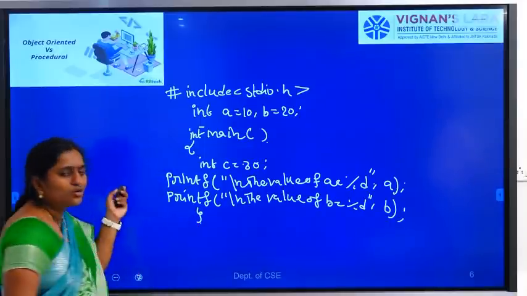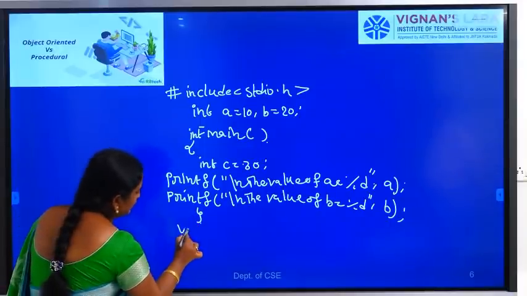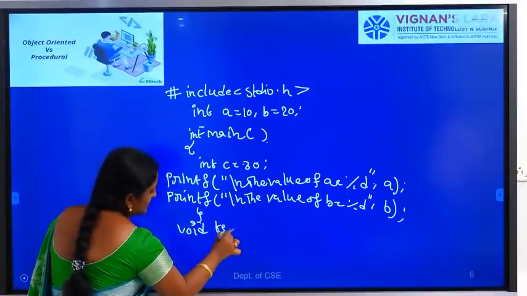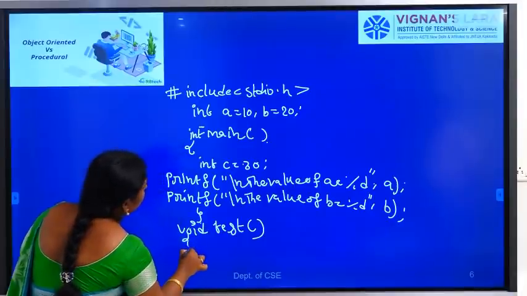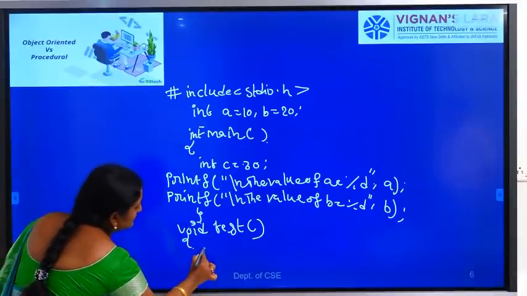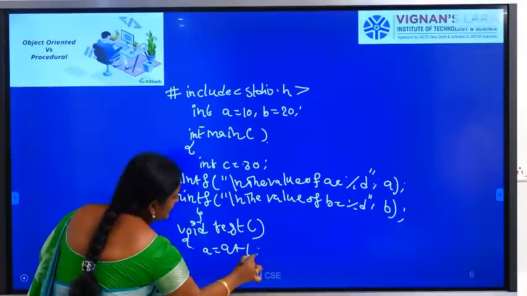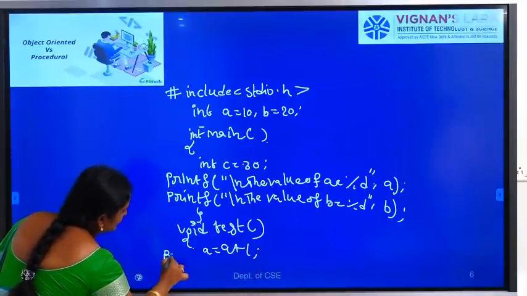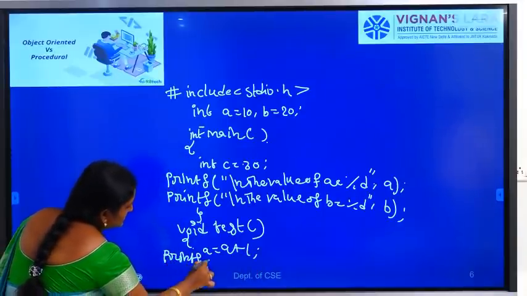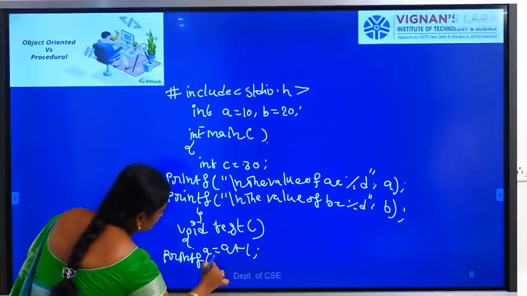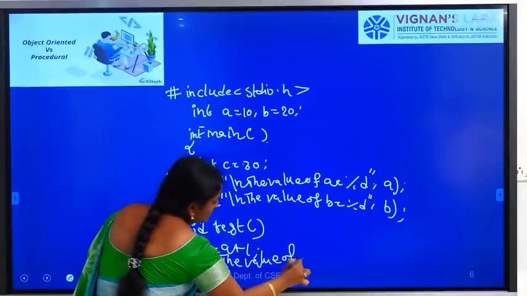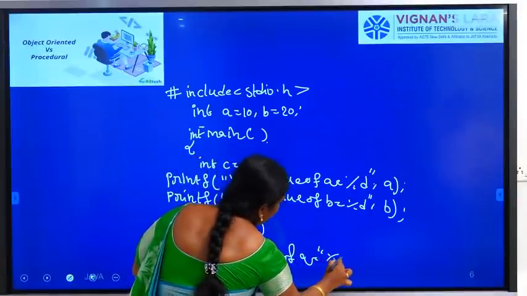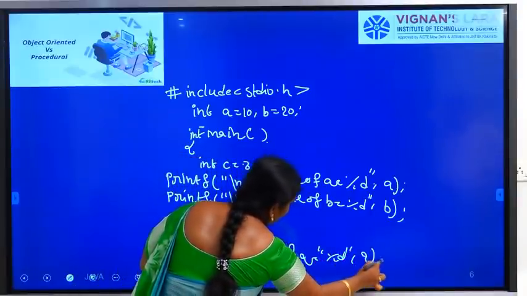Next, we have to take another function, for example void test. In this function I am changing the global variable, for example a equal to a plus 1. Finally we display the result. printf the value of a is percentage d comma a.